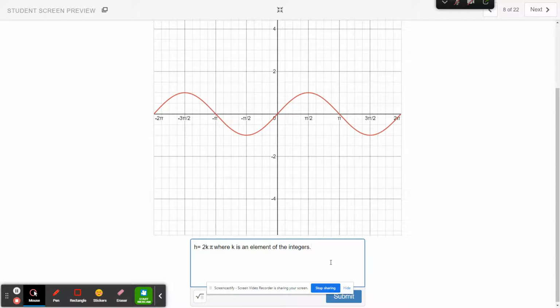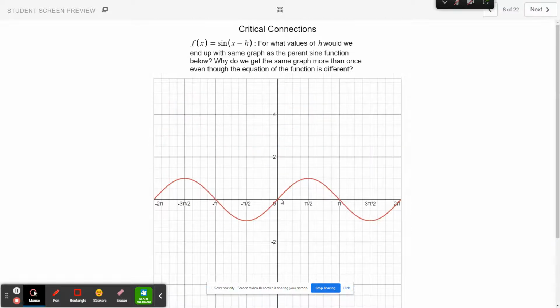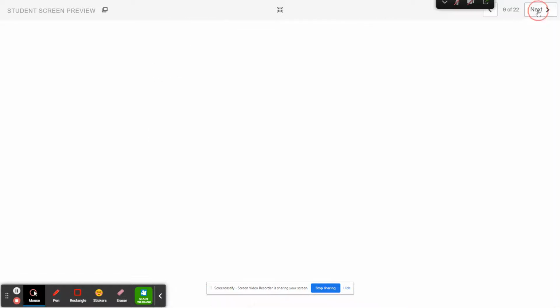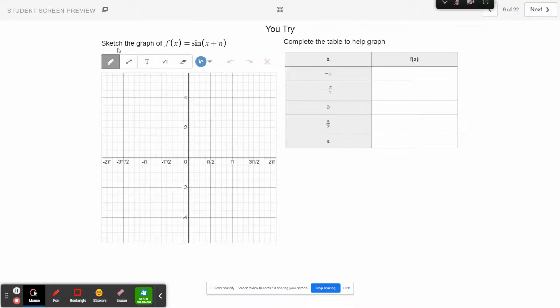Okay, except 0, I should say, not including 0. I mean, if h is 0, it is the same function, but it didn't move it anywhere. All right. Sketch the graph. So now it's being shifted to the left pi spots. Okay, so it's numbered the same. All right, so